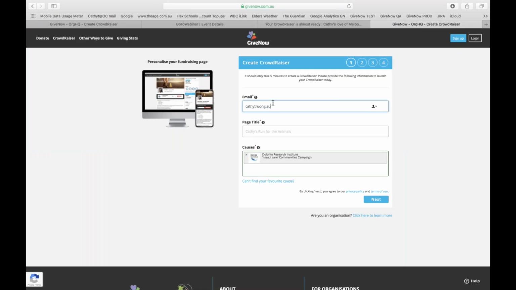Very simply, that is the unique identifier for the GiveNow website. Once you put that email address in, not only does it allow us to communicate with you for the verification process as well as any donations that come in, it's also the unique identifier for you in the system. So now the next step is to create a title for my page. So I'm thinking